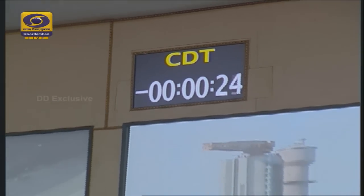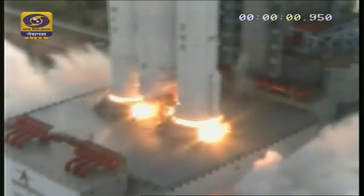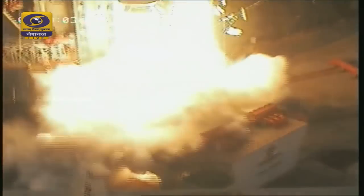Minus 25 seconds. L110 VSPP open. Minus 20 seconds. Ignition arms armed. 15 seconds. Cryons are armed. 10, 9, 8, 7, 6, 5, 4, 3, 2, 1, 0, plus 1, plus 2, S200 ignited, plus 3, vehicle